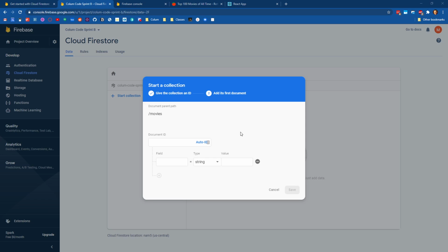We got a couple of options here. So one, we can type in an ID for that movie, which is its unique identifier. Or what I recommend doing for this is just clicking auto ID, which is going to give you a unique identifier for that document. And then we can start filling in the fields. So let's say we want to store the title. This will be the name of the field. We can pick what type it is. Here are the types that are built into